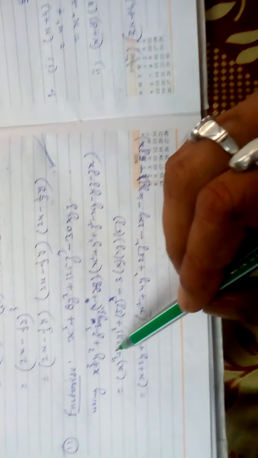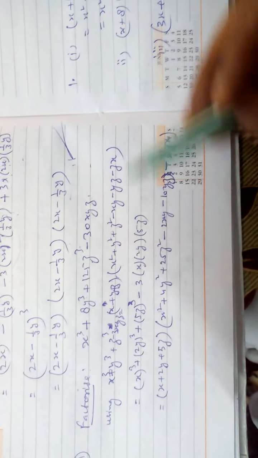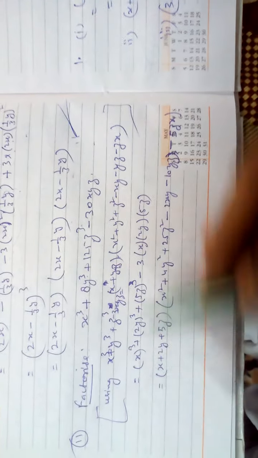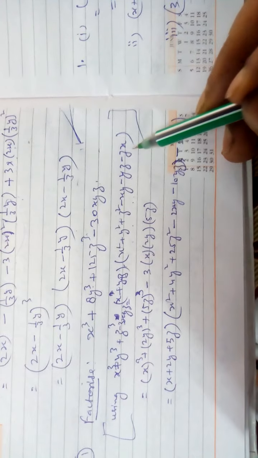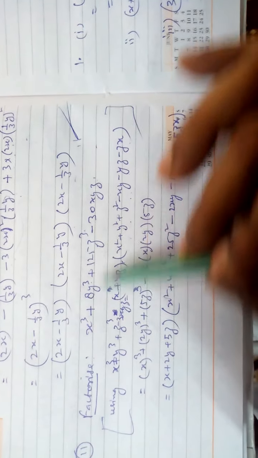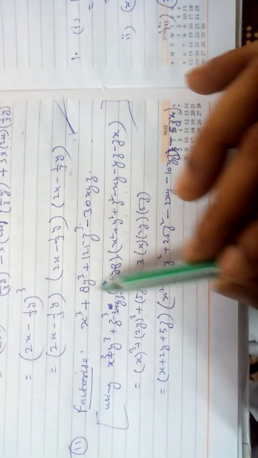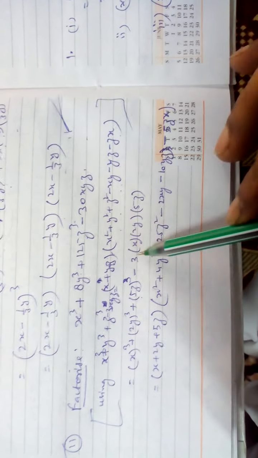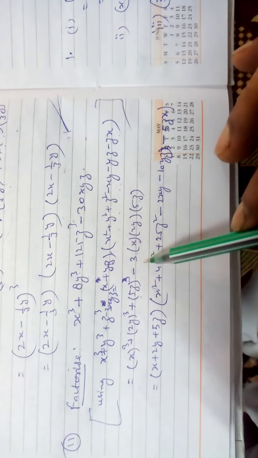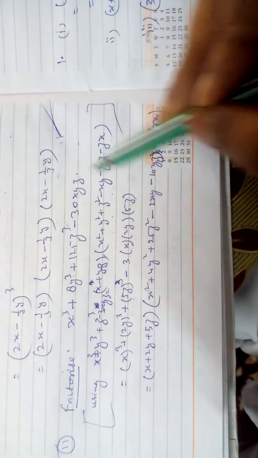In place of a, I have written x cube plus y cube plus z cube minus 3xyz equal to (x plus y plus z)(x square plus y square plus z square minus xy minus yz minus zx). Here you search what is a, what is b, what is c: x, 2y, 5z; a cube, b cube, c cube, 3abc. I am writing it, you see, check 5 2 10 3 30 is here or not. So no need to write this as it is like this.